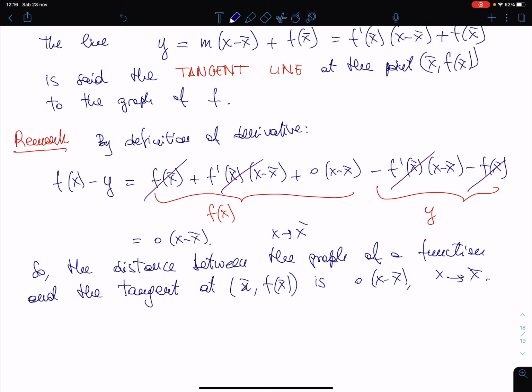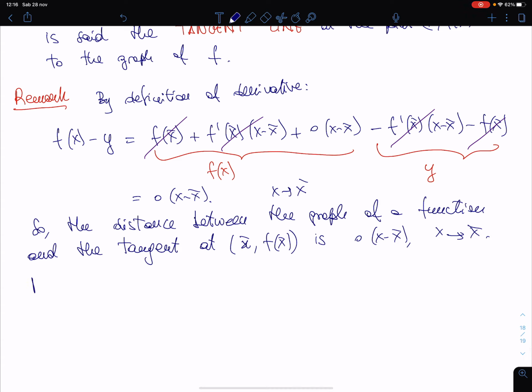So it is an infinitesimal of higher degree, and moreover,